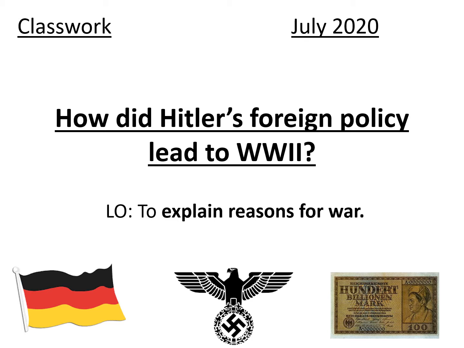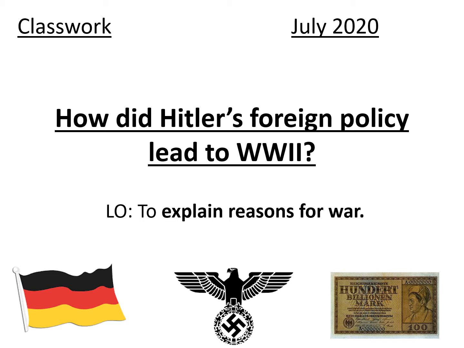This is the second part of the last subtopic, which is all about Hitler's foreign policy, which are all things that Hitler did that involved other countries. The first lesson was all about his aims. What did he want to achieve? There were 5 things that he wanted to achieve to do with other countries. That was unite with Austria, end communism, reverse the Treaty of Versailles, unite all German-speaking people, and create Lebensraum, living